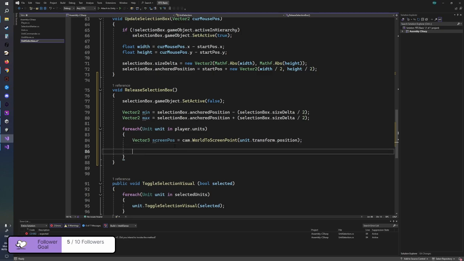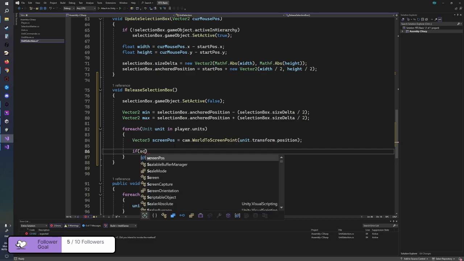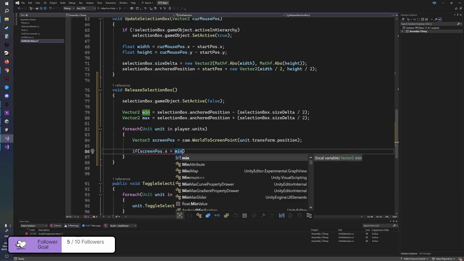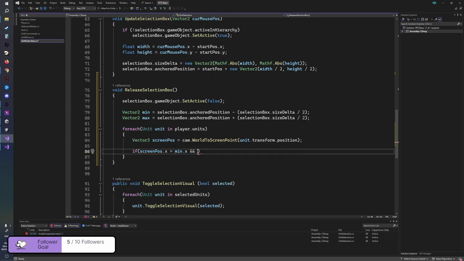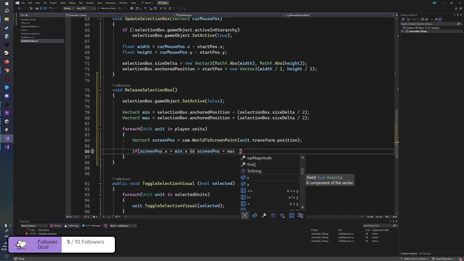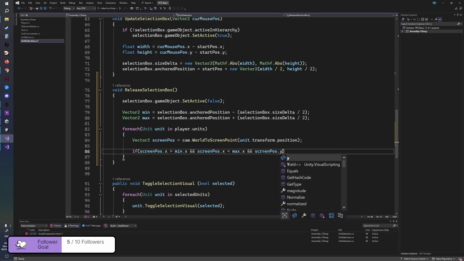Then we put an if statement in here. If screenPos.x is greater than min.x but less than max.x, and screenPos.y is greater than min.y and less than max.y,